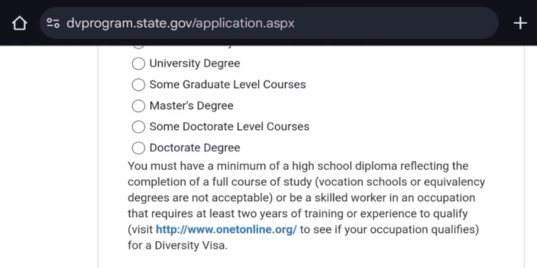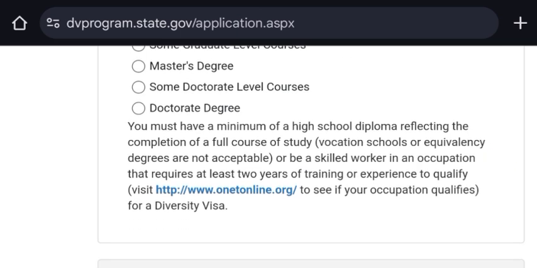Again, you must have a minimum of a high school diploma reflecting the completion of a full course of study. Vocation school or equivalence degree are not acceptable. Or be a skilled worker in an occupation that requires at least 3 years of training or experience to qualify.